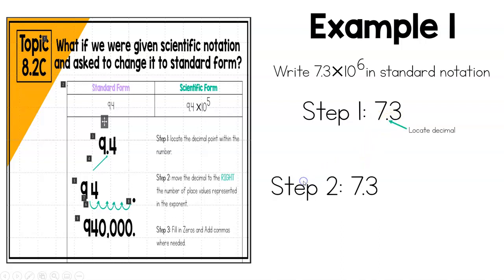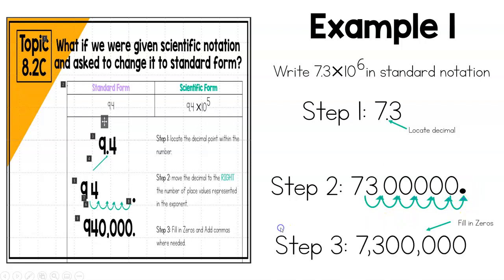Step 2 says to move the decimal to the right however many places is represented by the exponent. Here our exponent is 6, so we need to move it 6 times to the right. Then our decimal shifts to the end here. And then step 3 says to fill in those zeros and add commas. So 7 3/10 times 10 to the 6th power in standard form is